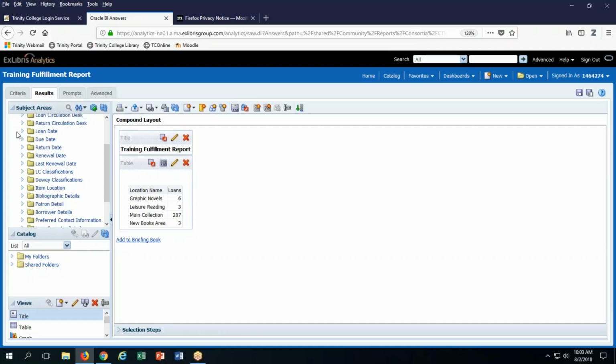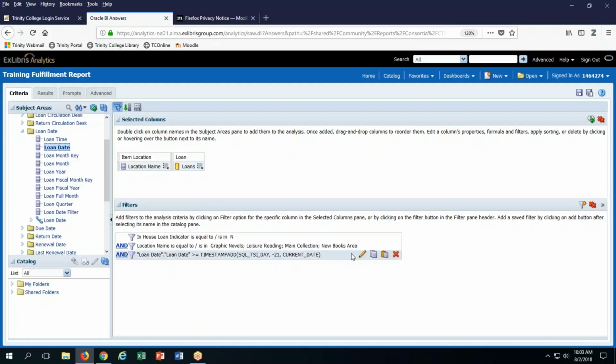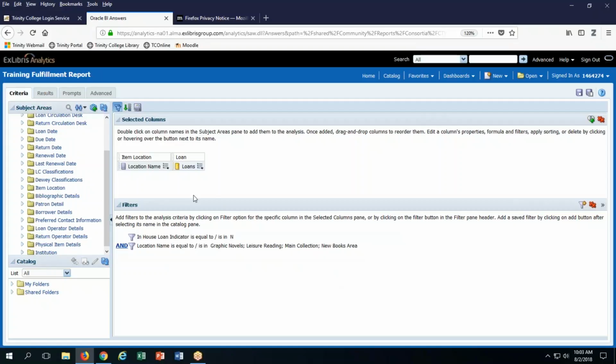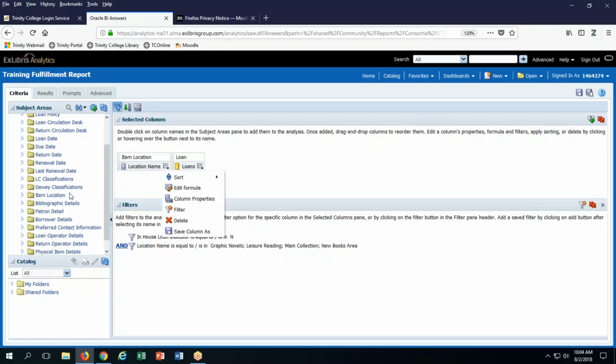All right, in that case, we're going to move on. We're going to work more with filters, and we're going to do some complex filters in general. So get rid of that date filter. So let's say you want to get even more granular in seeing how many loans were taken out from these locations. You want to see how many loans were taken out for books of a certain subject. So for that, what you can do is